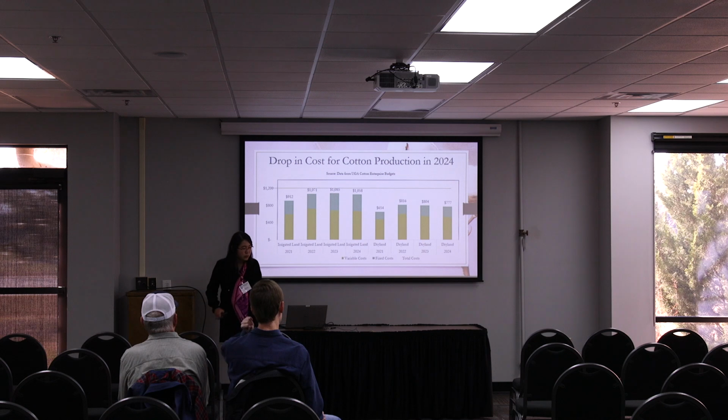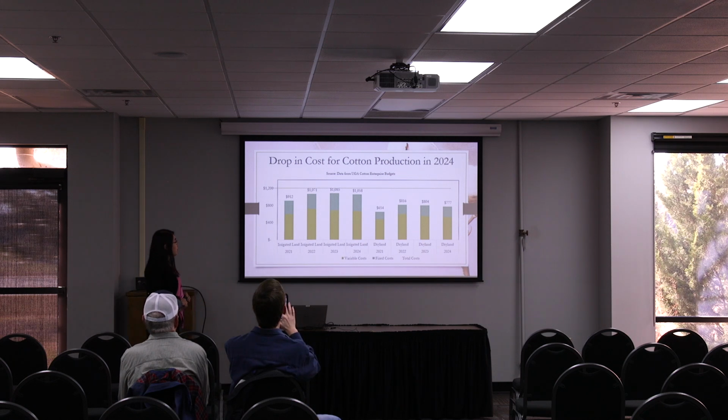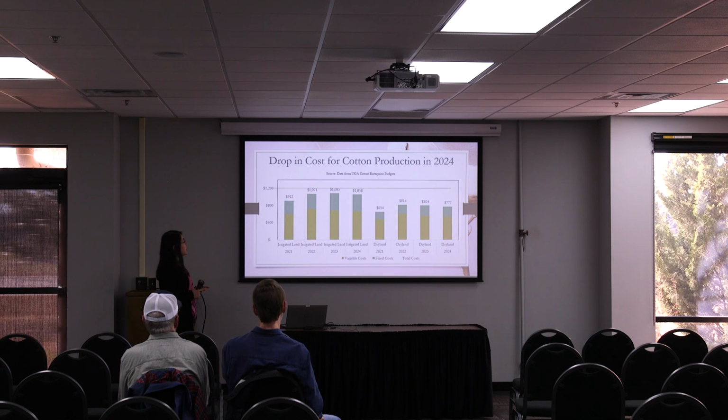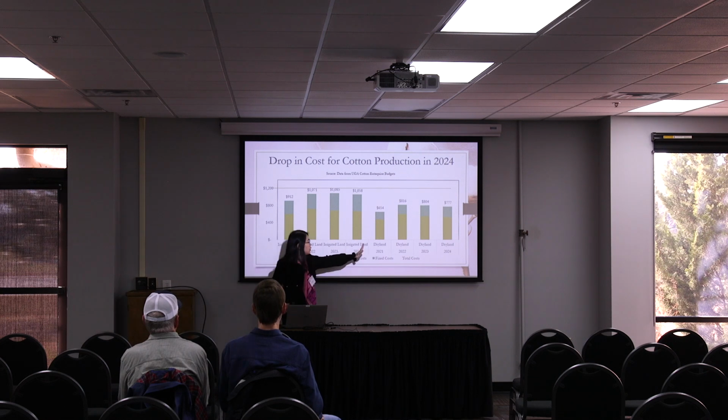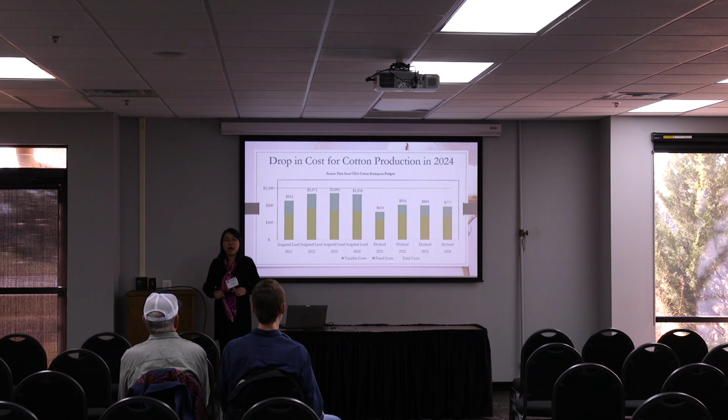The next one is the cost of production for cotton in 2024. This graph shows the variable cost and the fixed cost for Georgia cotton producers from 2021 to 2024. This half is the irrigated land, and the next half is dry land production. What we can see from this graph is that cost of production for 2024 is expected to go a little bit lower than the peak of 2023, but it is still at a relatively high level compared to 2021. So cost of production is still high.